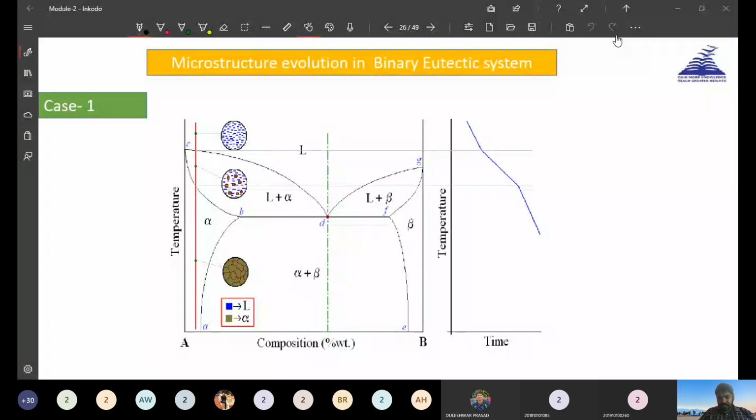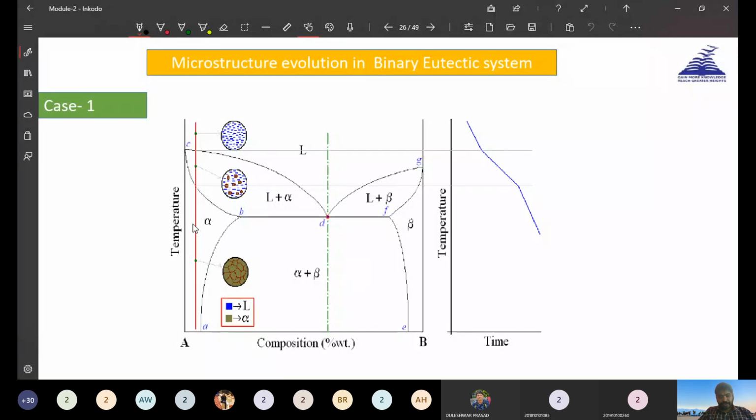Okay, so here in the microstructural development, what we will do is take a fixed composition of alloy and heat it up to the melting point. So here everything will be liquid. Now, as we move downward, we will see when this alloy cools, what phases we are going to get at various locations. That is nothing but the development of microstructure.